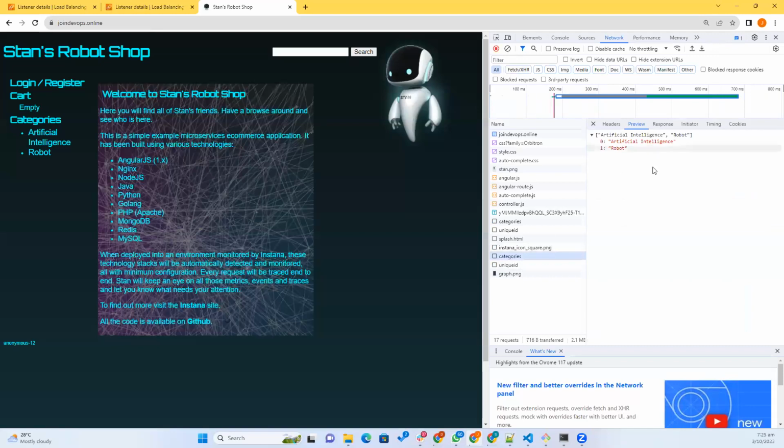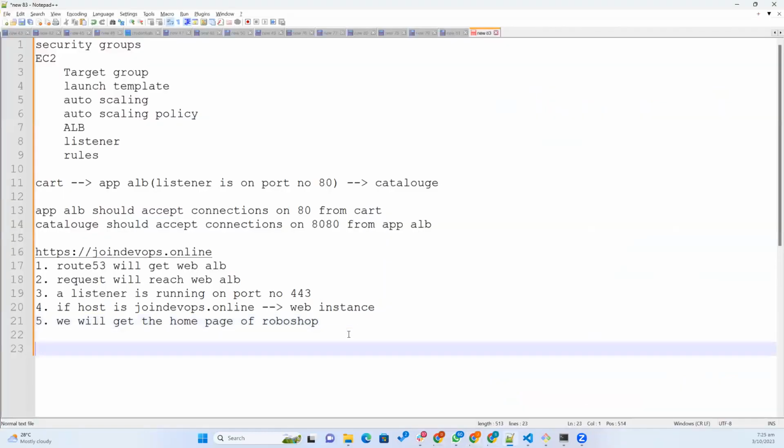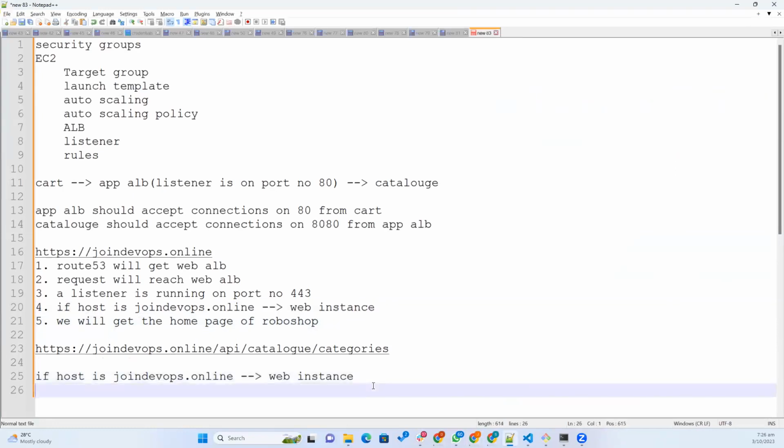You can see this. So again the request will reach the web ALB, and then it will go to the web instance. And here in Nginx, web Nginx,